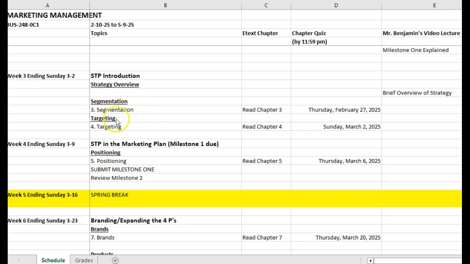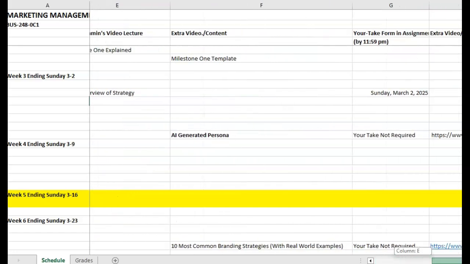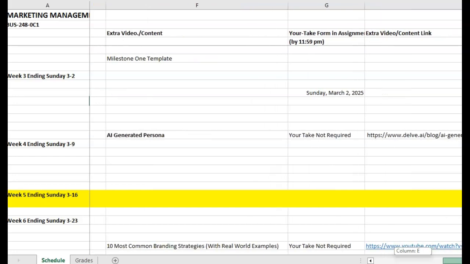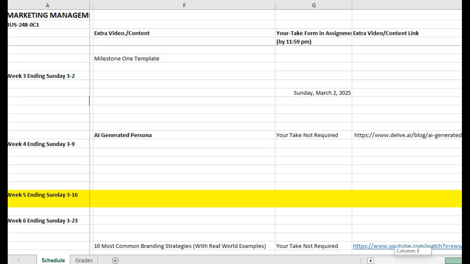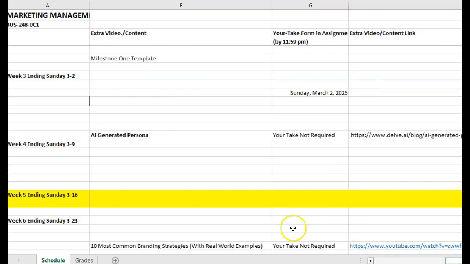The 2 chapters we're going to cover this week are Chapter 3, segmentation, and Chapter 4, targeting. You have your quizzes with that. Make sure we get those done. There's an interesting article that I think you want to take a look at. It's not required, but I think you'll find it interesting and something that will help you gain a perspective on